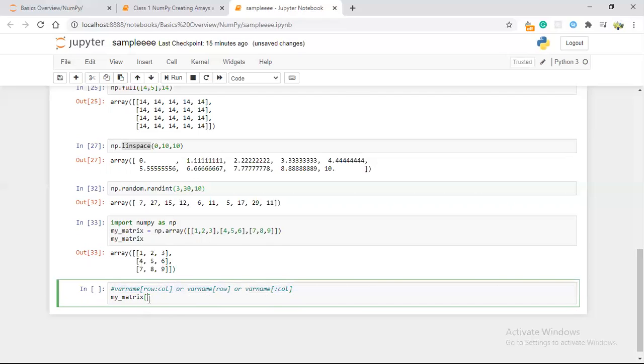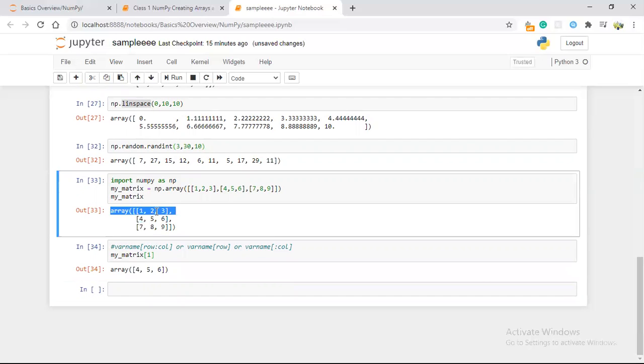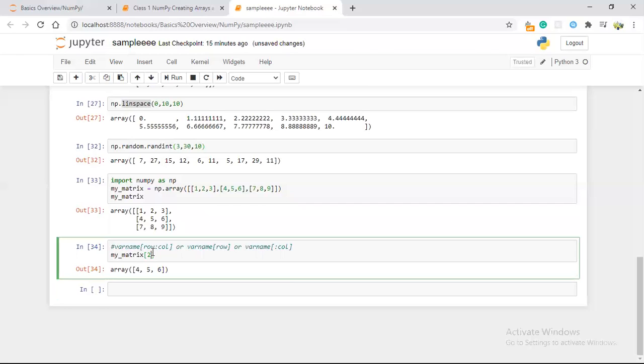So now we will start from row. I am giving 1 on my matrix, so it will get the first row. So what's the first row? This is the first row: the 0th row, the first row, and then the second row. If I'm giving a 2, then we will get 7, 8, 9.